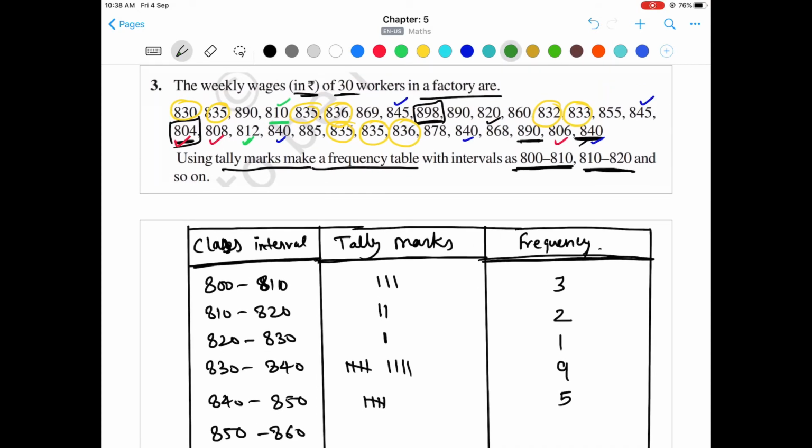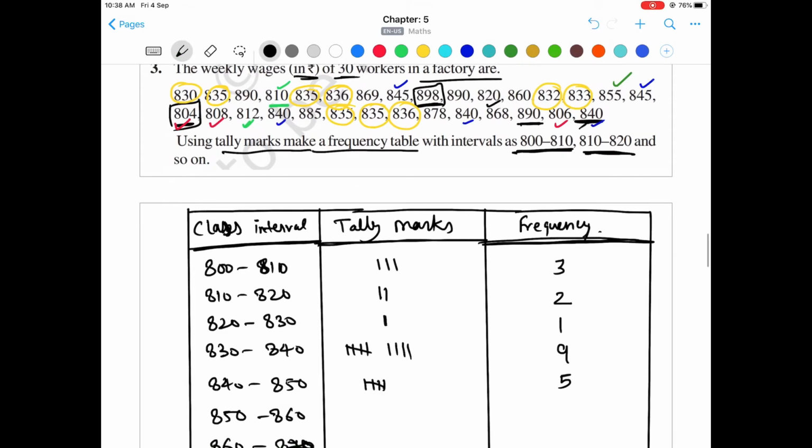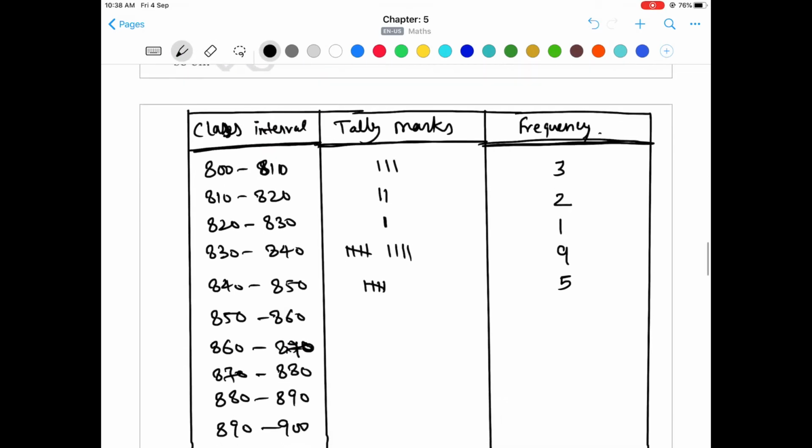So in the remaining one, 850 to 860. So we have 1 here, 2, only 2. Let's see 850 to 860 again. So this will not be counted here because this will be counted in the next one. We have only one, which is 855. So let's write 1 and frequency will also be 1. After this, next we have